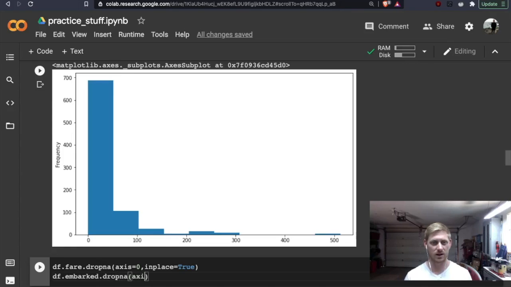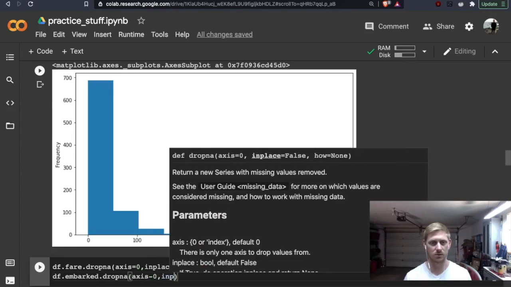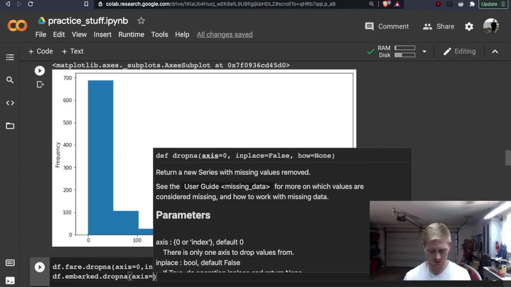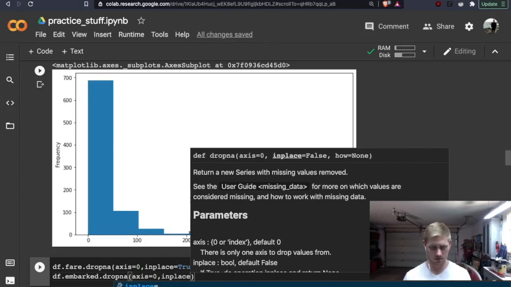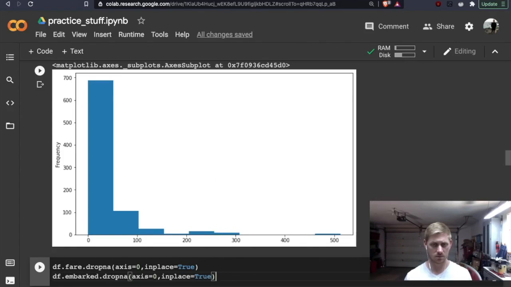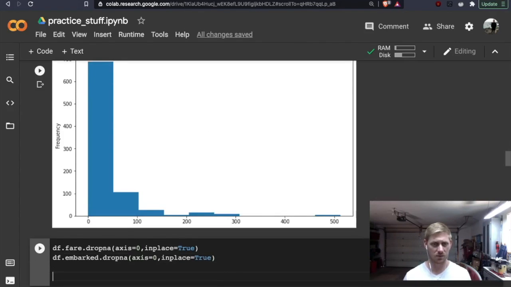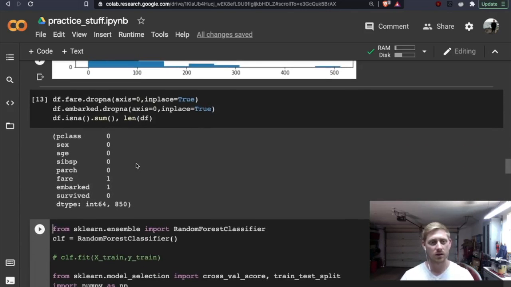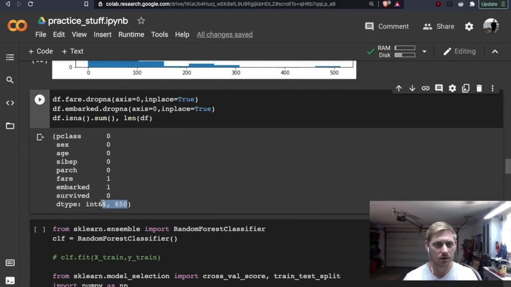Dropna, and then axis would equal 0, and inplace would equal true. Perfect. And then from there, let's do dataframe.isna and see the sum. And let's also do the length of the data frame so we can view the length. So we still have 850 rows, but we did not drop our NA.